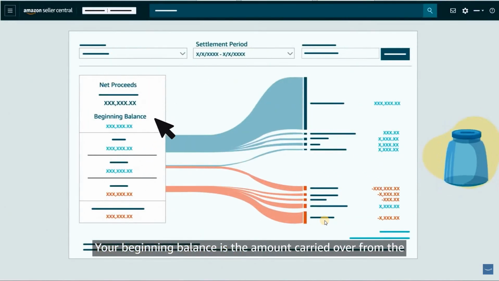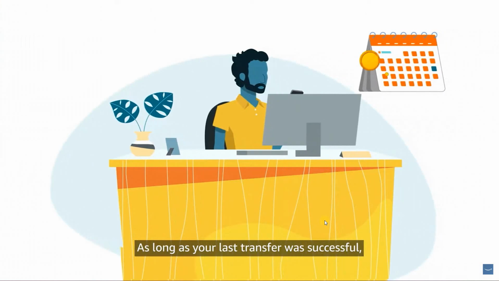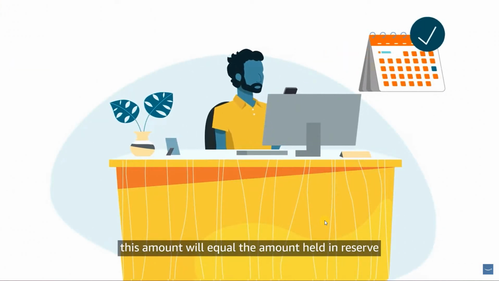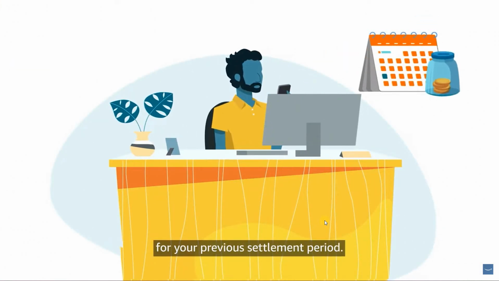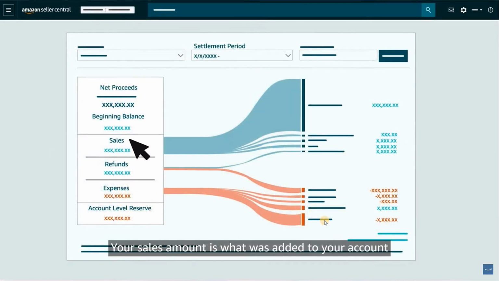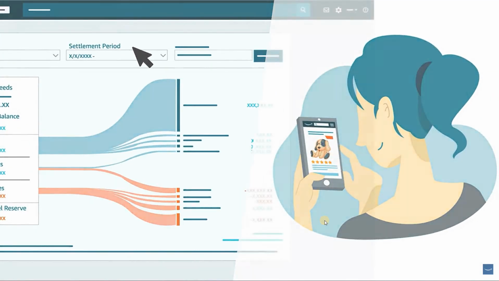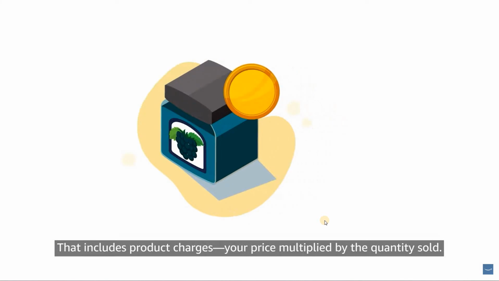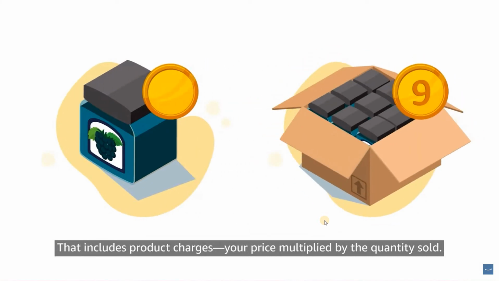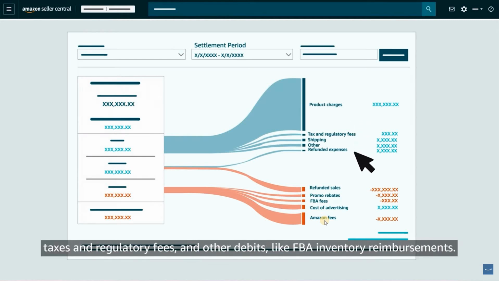Your beginning balance is the amount carried over from the previous settlement period. As long as your last transfer was successful, this amount will equal the amount held in reserve for your previous settlement period. Your sales amount is what was added to your account during the settlement period as a result of customer orders. That includes product charges, your price multiplied by the quantity sold. It also includes amounts collected from customers to cover shipping, taxes, and regulatory fees, and other debits like FBA inventory